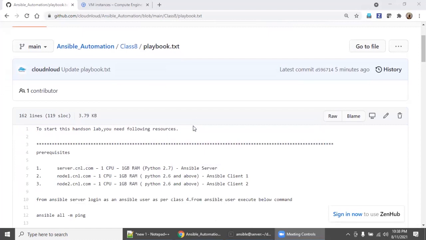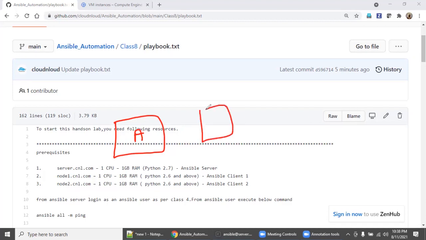Before going to this hands-on lab, you need to have three machines. One is the Ansible server, which is the control node, and you need a minimum of two clients, which are managed nodes: Ansible managed node 1 and Ansible managed node 2.